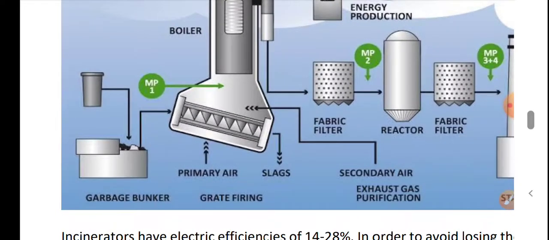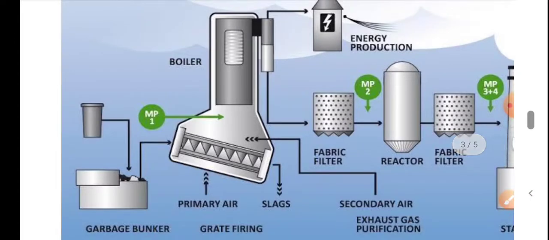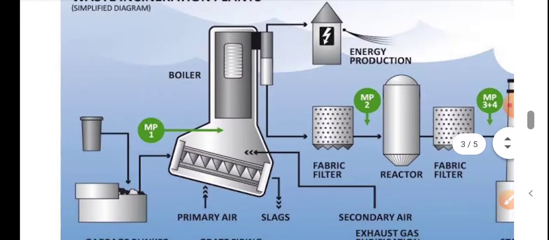Here, as you can see, the garbage bunker is where the waste material is put, and from here the waste material will be put into the boiler, and hot air will be provided from the bottom of the boiler through the furnace, and steam is generated which is used to produce electrical energy, and the flue gases will be filtered through many sections before going into the atmosphere through the stack,